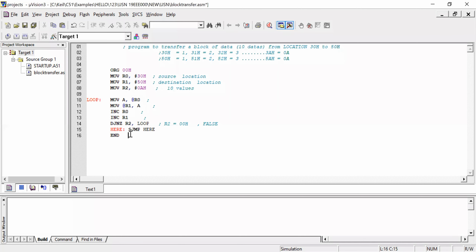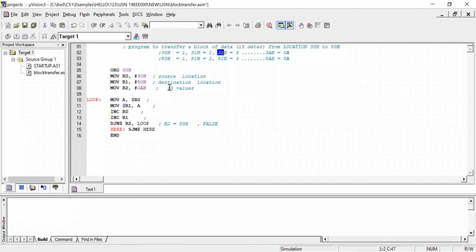Before executing your program, you load the 10 data into the input location. For example, 30H is my input location, where I'm loading data 1. In 31H, I'm loading data 2, and like that, sequentially.